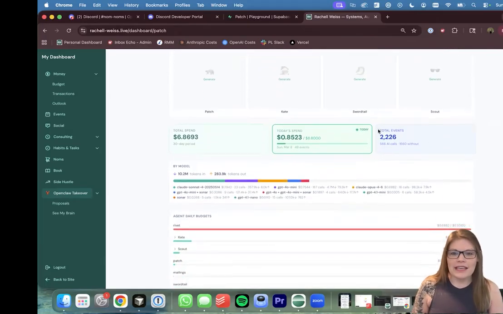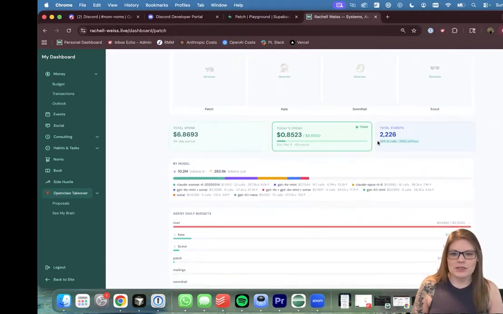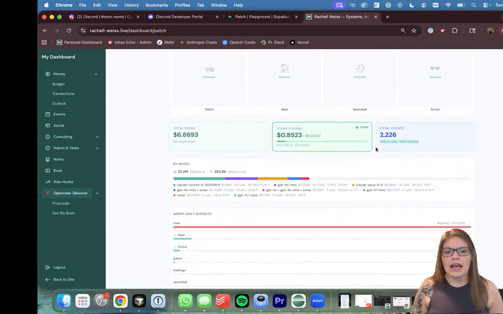Now, one key thing here is I want you to look at the total events and how many AI calls and how many calls without AI. This is something really important to me, and it's one of the reasons I switched to a customized setup, because AI is not always the answer. In a world of AI, we love it, right?